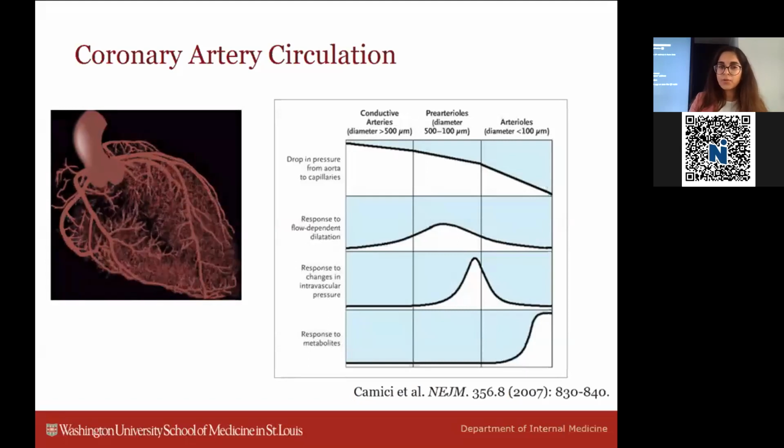But that's not it. We have 95% more vessels in our heart that are microvessels. We can't see them. These are the prearterioles and the arterioles, so they're right about over here. They actually make up the bulk of the myocardial vasculature, and they have a very important role to play. The prearterioles maintain pressure as blood passes through, but it's the arterioles that I really want to talk about here. They're responsive to the metabolites in the environment. These arterioles are at max 100 microns in diameter,